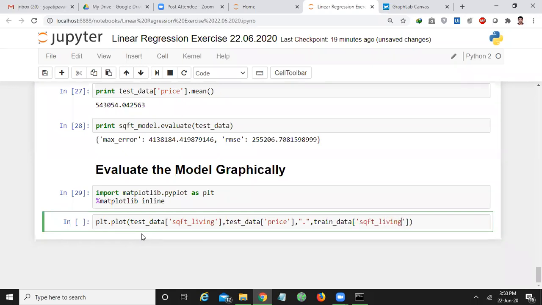That means we will see how the testing data has converged with respect to training data. Price with the symbol hyphen. I want to plot these two values as the dot, and I want to plot these two values as the hyphen.